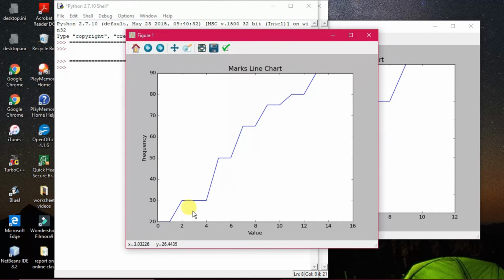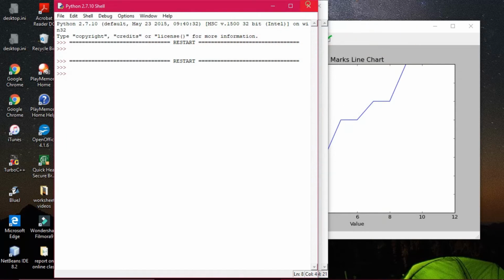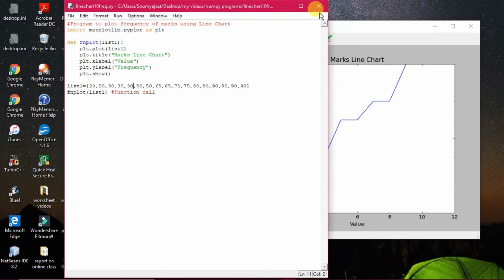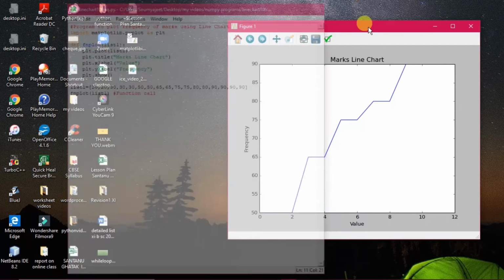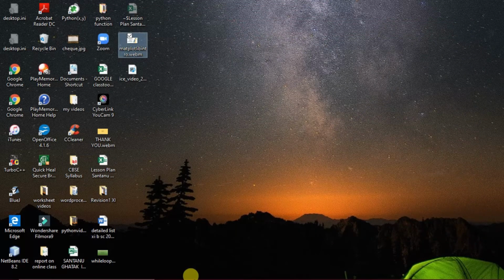All right, you see now it has come over here from 20, then 30, and then it has come to 50, then 60, 65, then 75, then 80, then 90. Okay, so different values will give you a different shape of chart. This is the way to draw the line chart by using frequency of data.